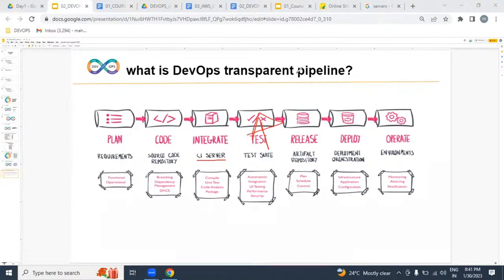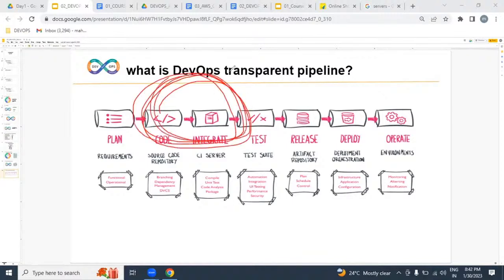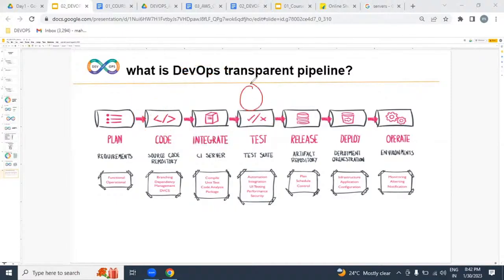Once it is integrated and executed, if we get any error, what will happen? It is redirected back to the developers. The developer has to fix the issue. Again integration, again test, again dev environment. This loop is continuously repeated until there are 0 errors and 0 bugs. Once there are 0 errors and 0 bugs in this software, what do we call it?